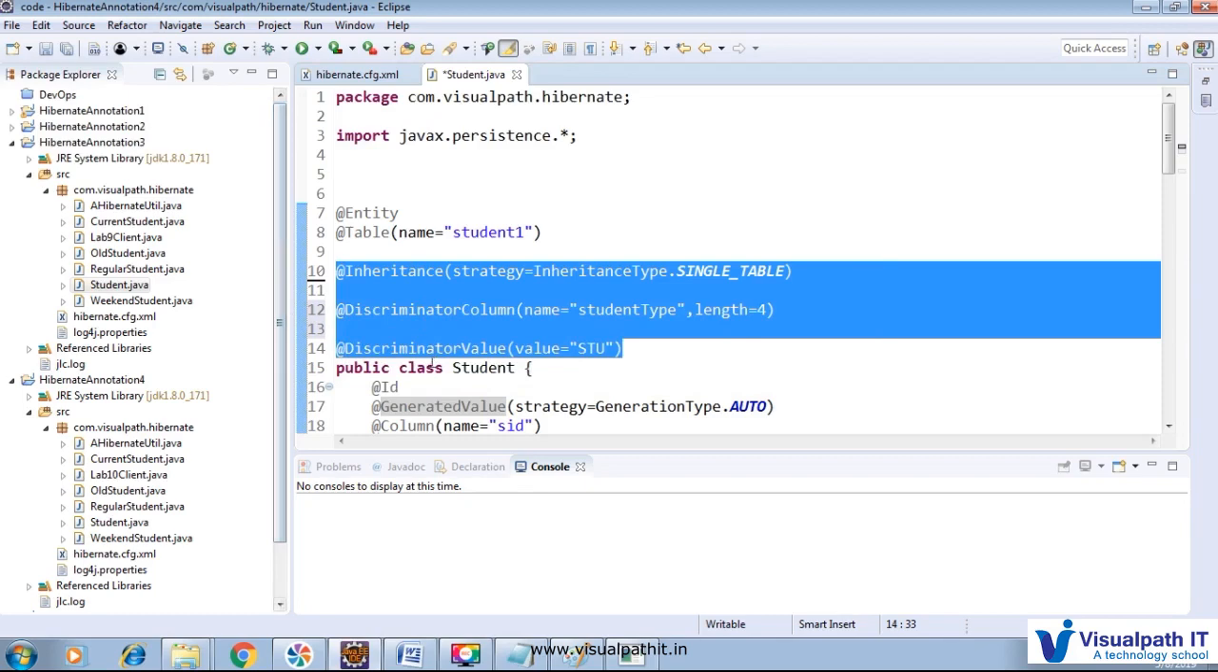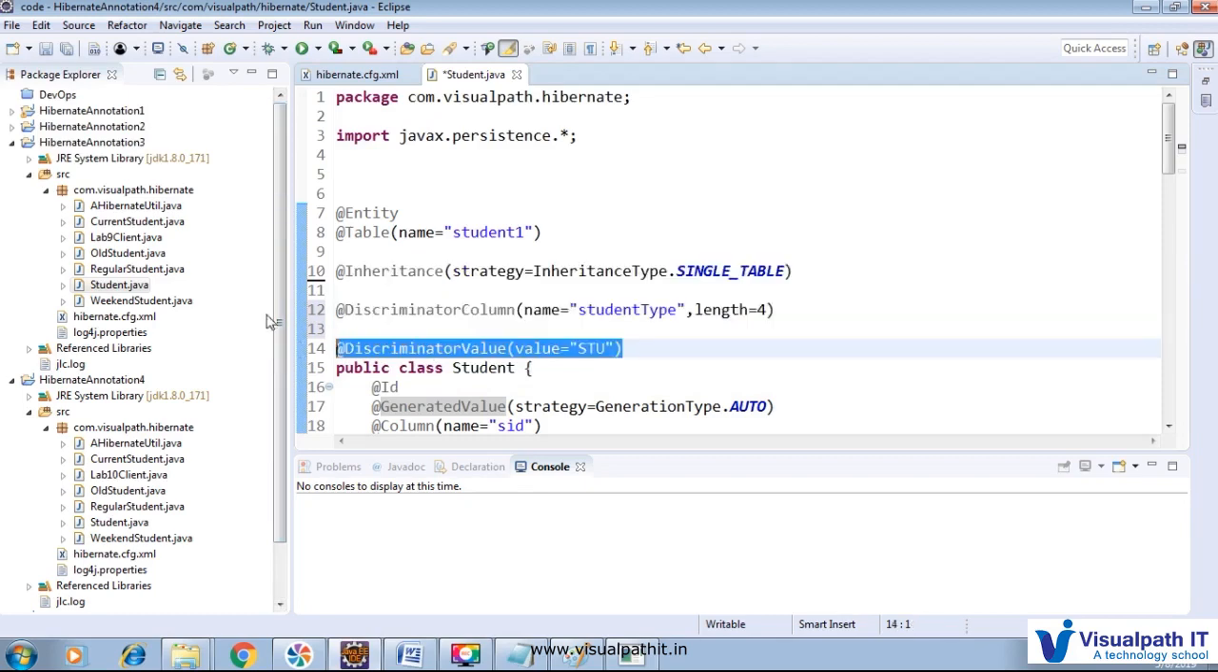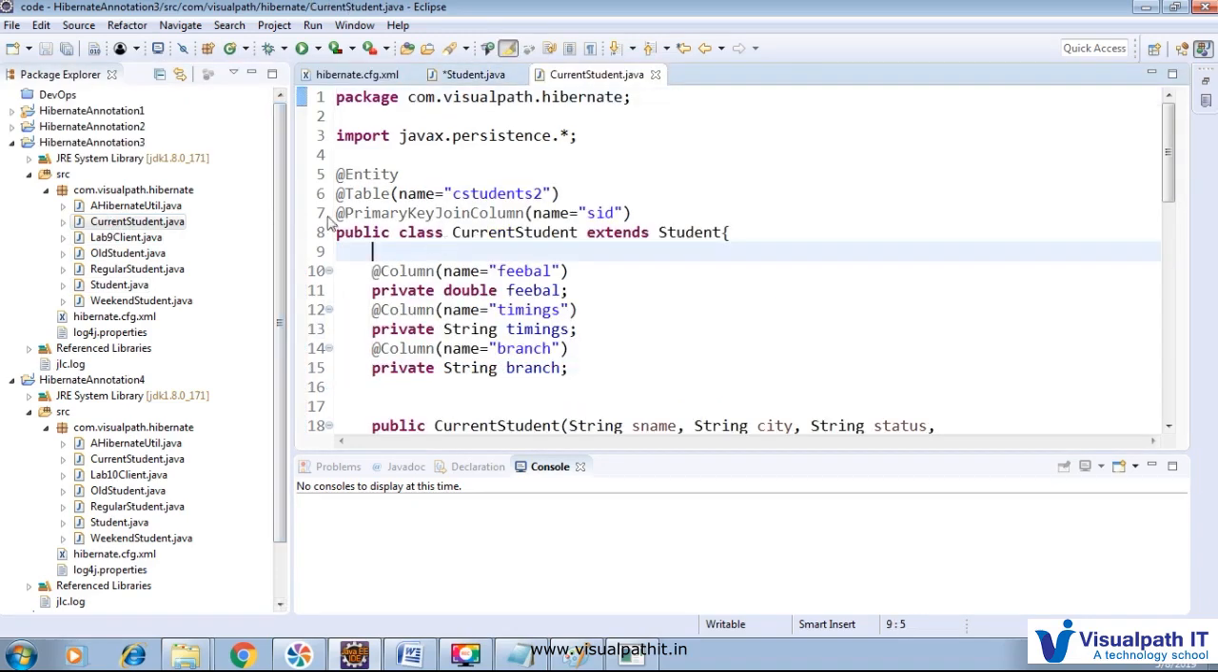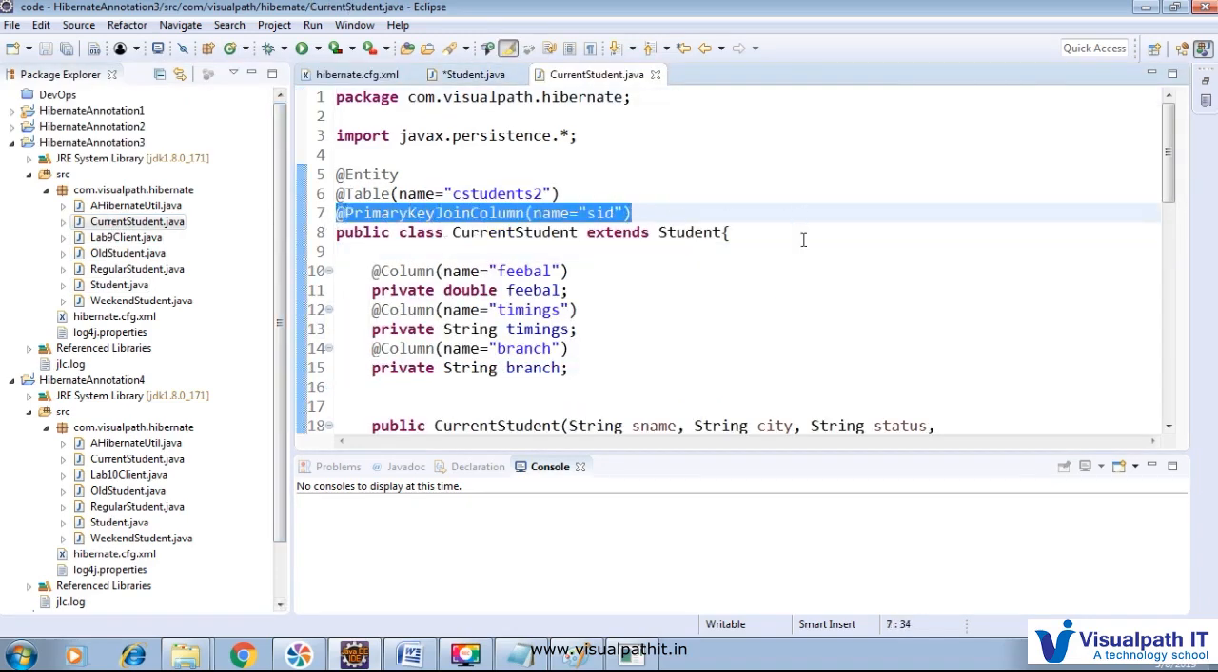Inheritance, discriminator value. We see that the discriminator value is only added to the other classes. So the immediate student has immediate subclasses, whose names are old student and current student. So current student has a primary key join column. Now it does not have inheritance type and all, because we are going to create only one table. We just want to store the discriminator-related information. So what the primary key wants to,